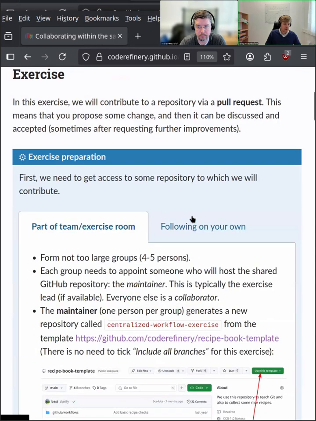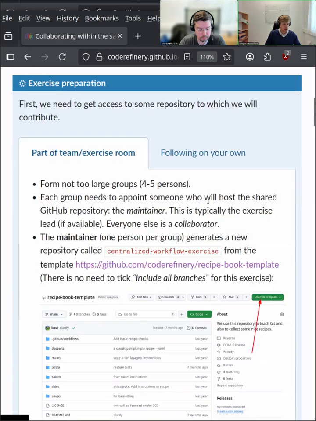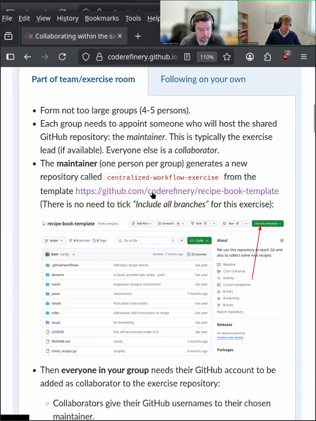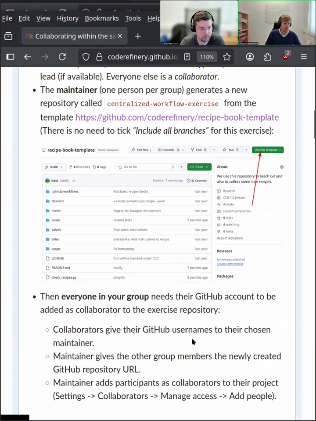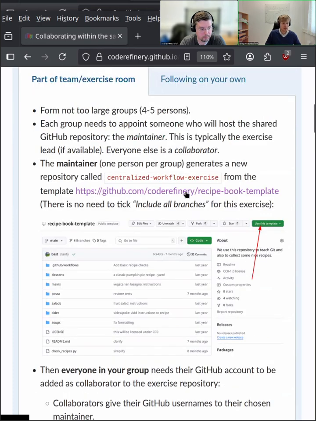In this exercise, we will now start with the repository that is outlined here. I'll just quickly give some information about how the team leaders will have to work with this, and then I go to those of you who are not in the team but will work directly with the repository together with us. So if you are part of a team or an exercise room, please go to this repository and fork it. And then you would have to send invitations to all these people who are part of this group.